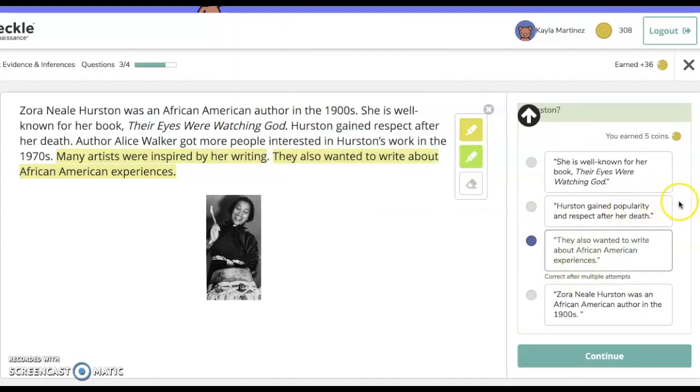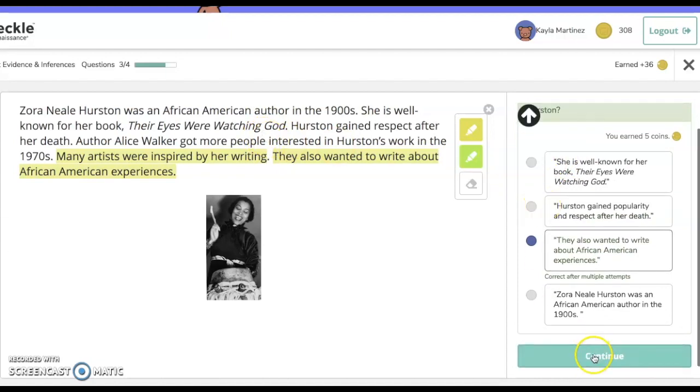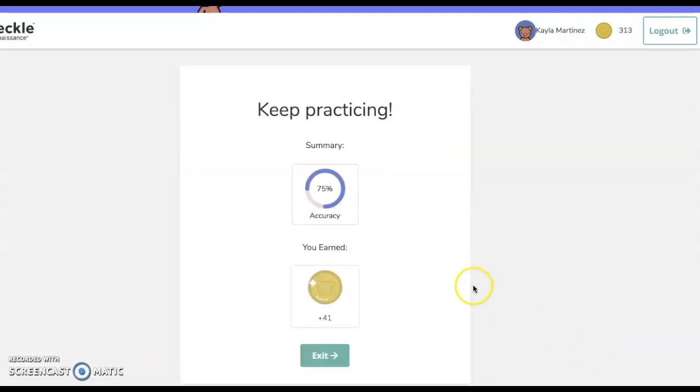So I know that that was a tough one, and I really wanted to touch on that one because I know that this one could have been a popular choice that many of you said. But again, it was important for us to go back to the text in order for us to get the right answer. We couldn't just rely on what we already knew and what we thought. We have to go back to the text still, okay? So that was an important one to touch on. All right, excellent job, ladies.